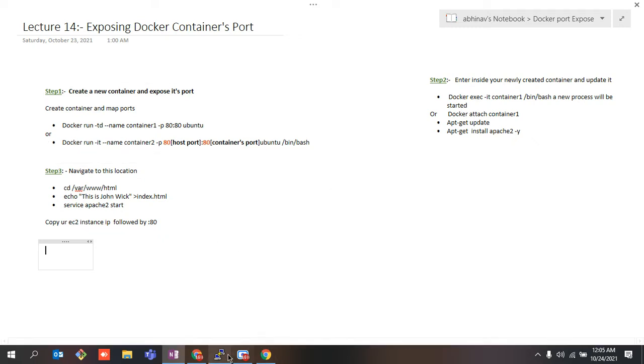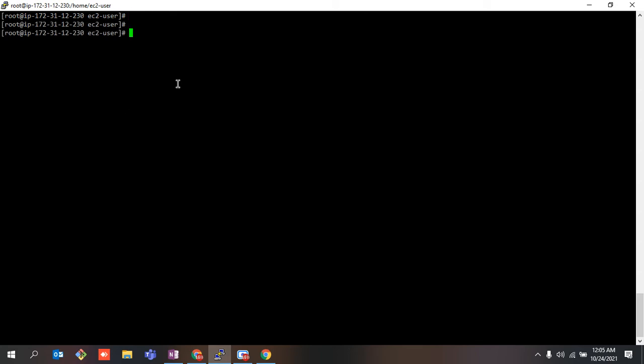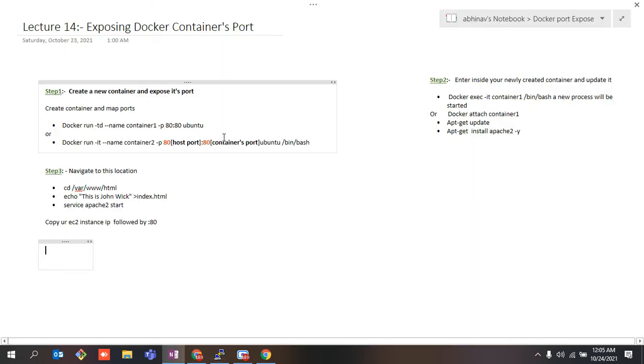So guys, for this, I need to go into my AWS console. And in order to expose the port of a Docker container, you need to first create a container, right? For that, we would be using our simple, old command that we have been using from the start of our series. This is the command which is used to create a particular container.